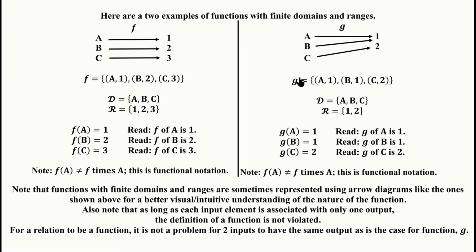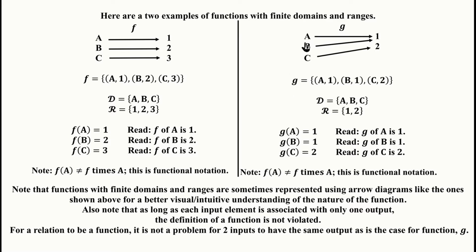Notice here we can describe g using ordered pairs as (a, 1), (b, 1), and (c, 2). So notice that there are no two distinct ordered pairs which have the same first element. So that's not a problem as long as